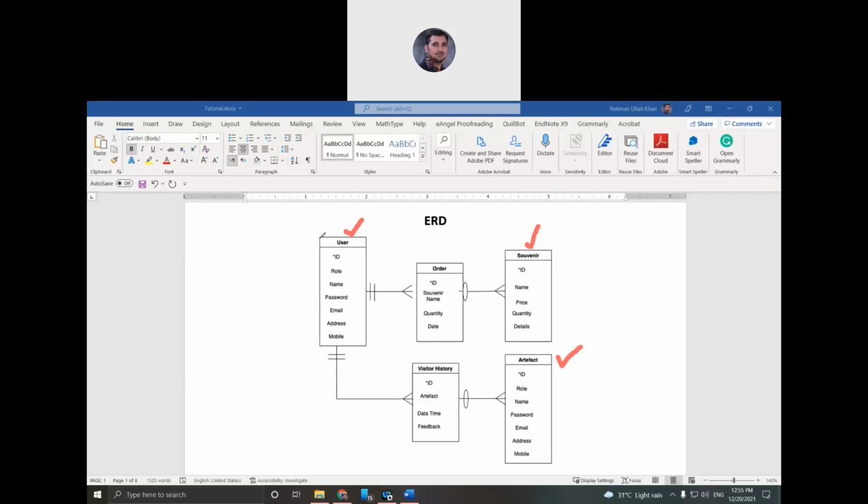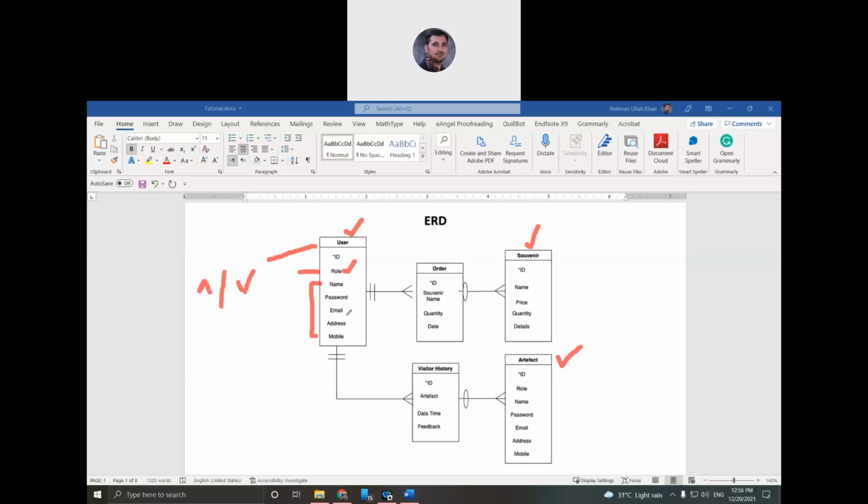Here in the user, I am combining all types of user. Some people prefer to create a different table for visitor and a different table for staff. No, from my point of view, staff is also a user, visitor is also a user. So I'm just differentiating by role. The role means you are admin or you are visitor. That's all. The rest, every user has the same information. So why should I store two separate tables? This is why I'm combining them into one user table.